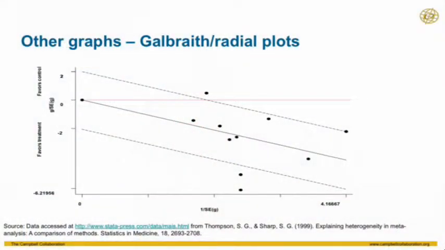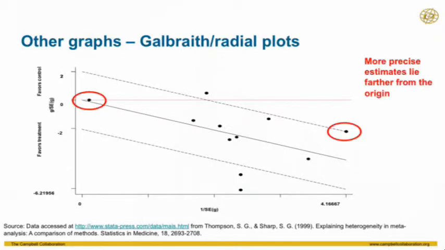So here's an example of a Galbraith plot where we've got the inverse of our standard error on the horizontal axis, and then our z-score, the effect size divided by its standard error, on the y-axis. Here, the way that these are fit, we've got our regression line, and the slope of that regression line is going to be equal to your fixed effect mean. We've got confidence bands around that